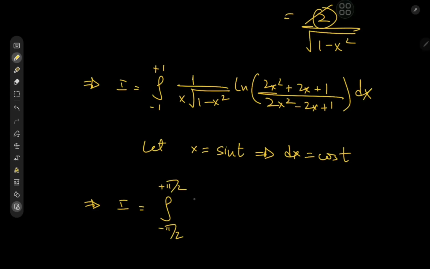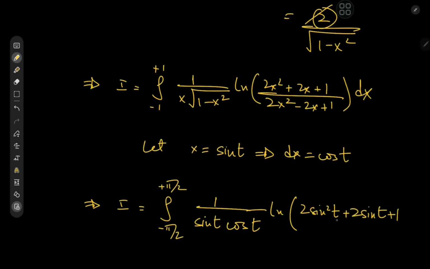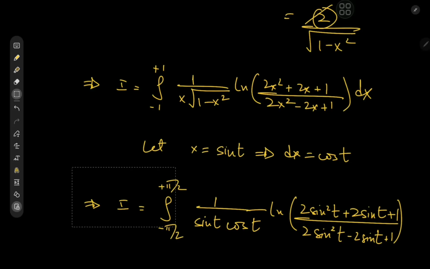And so we have positive pi by 2 up here, 1 by sine t, and root 1 minus sine squared t, which is, of course, the cosine function. So we have cosine t times the logarithm of what exactly? We have 2 sine squared t plus 2 sine t plus 1 divided by 2 sine squared t minus 2 sine t plus 1. Wow, this really is something, and I need some more writing space to write the integrand